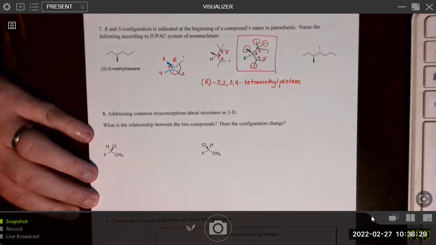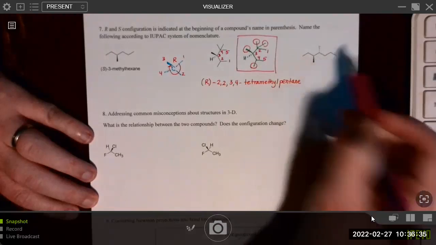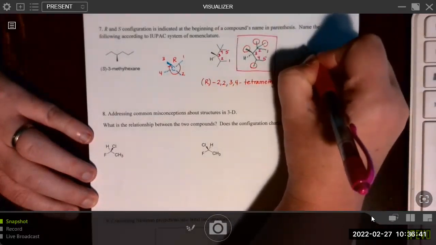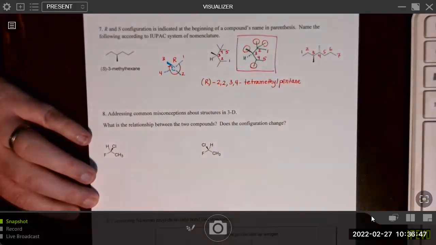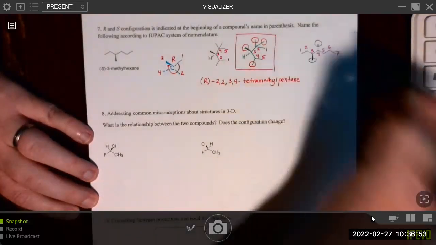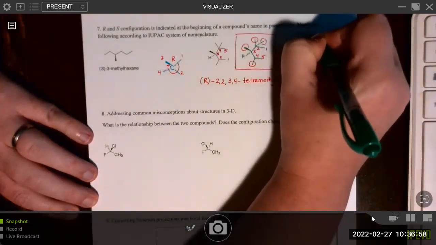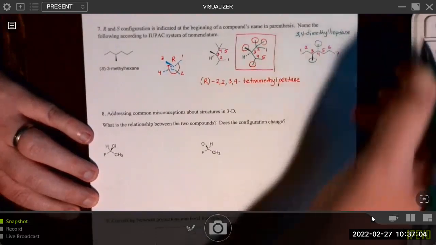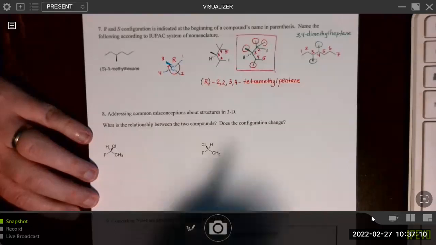All right, looking at this other one, we want to assign locants. We have 1, 2, 3, 4, 5, 6, 7. And this is the correct direction to get to the lowest number for the first substituent. Right, so most of the name will be, these are 2 substituents. We have 3, 4 dimethyl, and then heptane. But we don't want to forget the R and the S configuration. So we can figure that out.